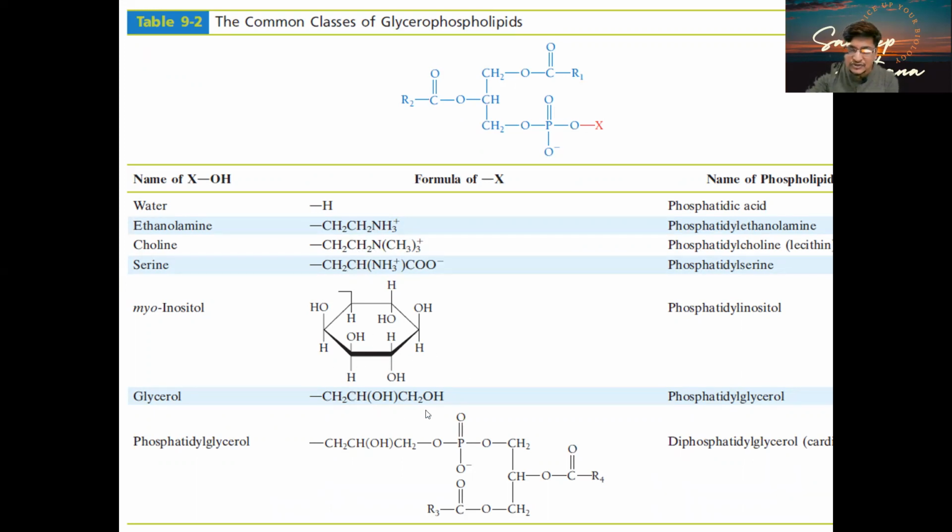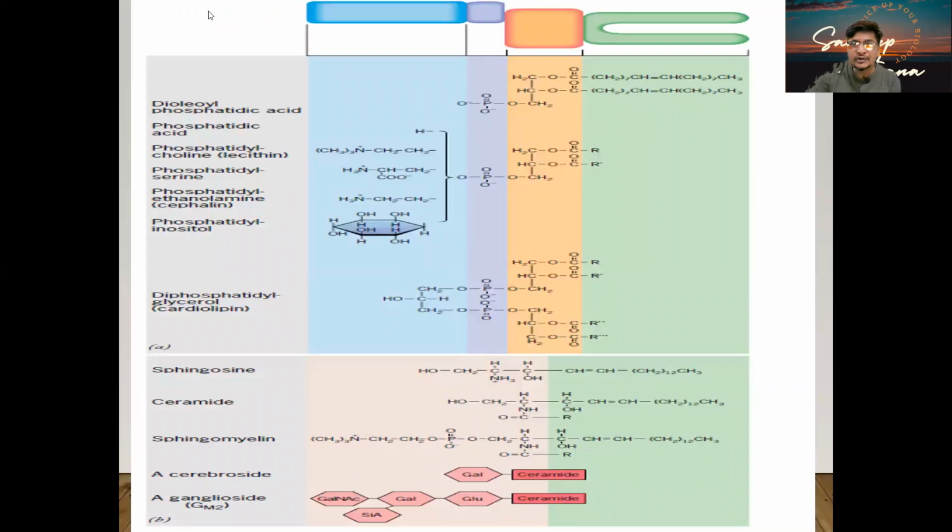So it could be glycerol. So these are the components which are giving rise to different types of lipid. And if you see carefully, these regions, I'll show in the next slide, look polar. If you see this part, we can eventually make out that the head region is going to be polar, and the other region, especially the tail region, is going to be non-polar, because they have the long chain fatty acids.